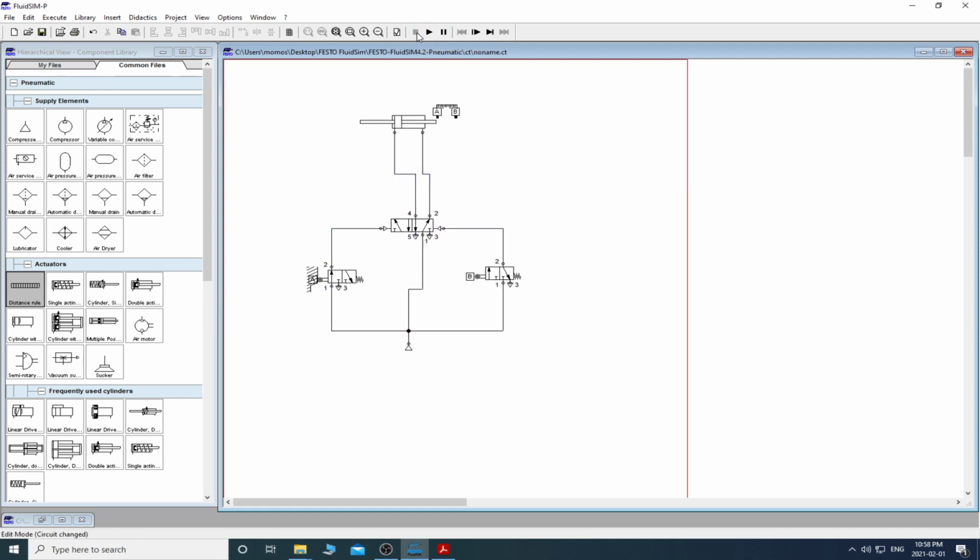Okay, I'm gonna stop it. Stop the simulation. You see that no way we could stop this circuit. We need to have a start and a stop button as you have it in